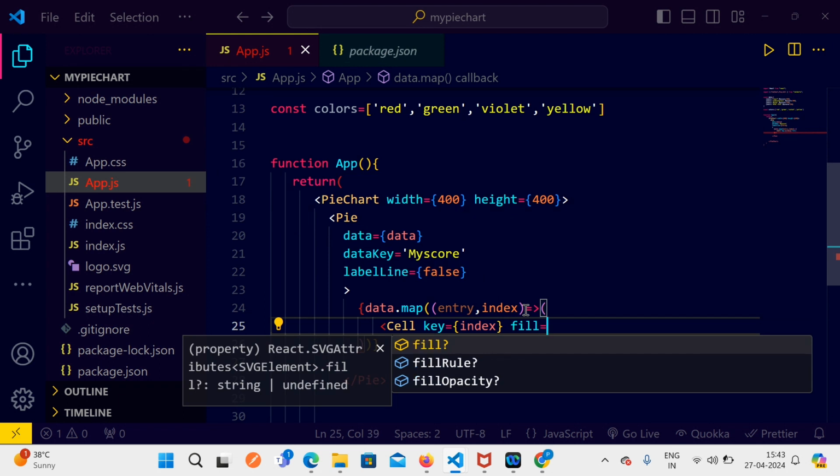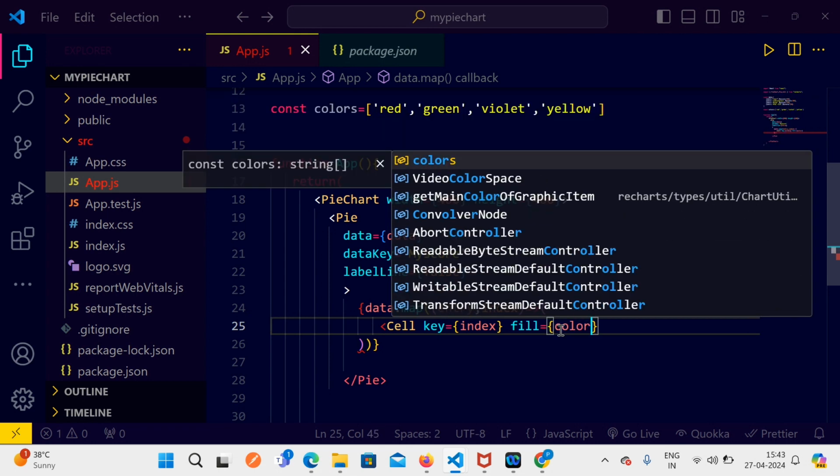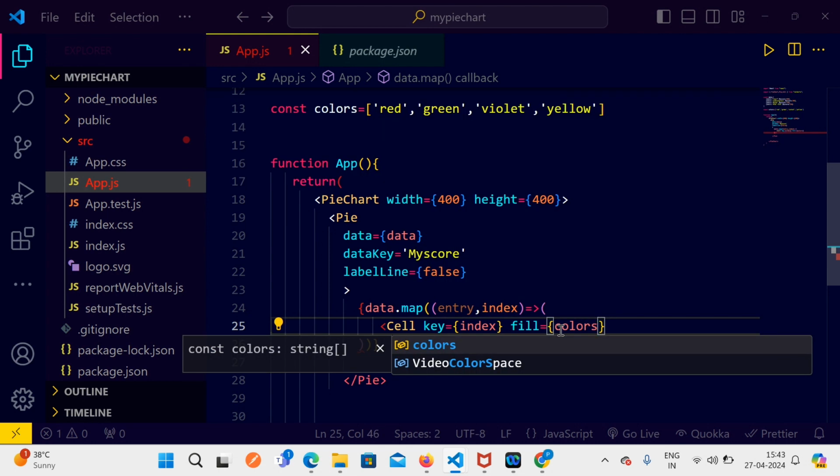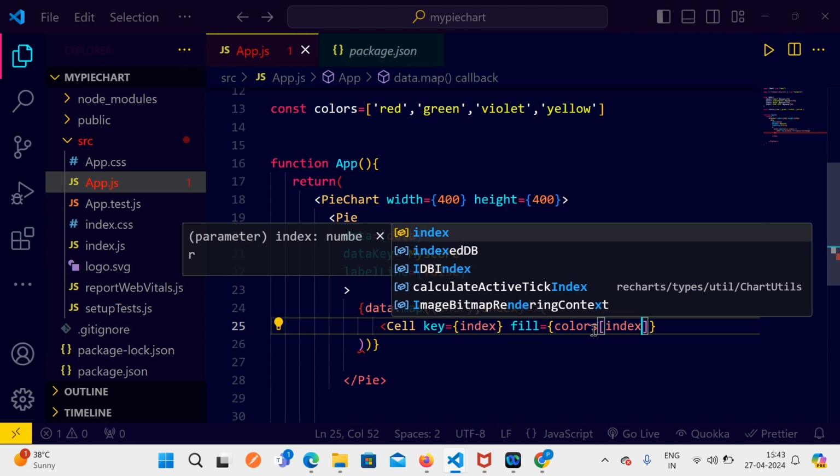Okay, so fill equal to. I want to tell again, this index I am defining for a particular segment. For each segment, there is some index. So key equal to index is representing a particular segment index. Okay, fill equal to, I will use curly braces, not small brackets, curly braces, like colors. For each segment I will define the color, and inside the color I will use index percent